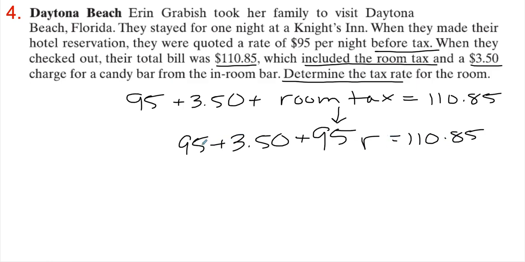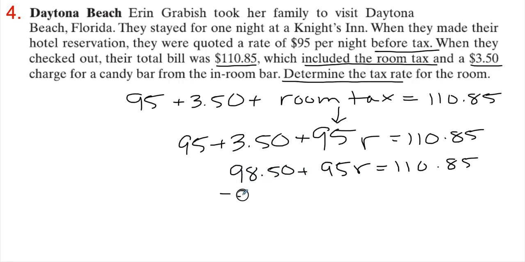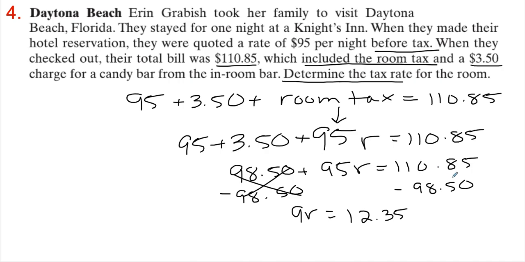So we got to put all this together. So we got 98.50, we can add those two together just because they're constants, plus 95R is equal to 110.85. So move the constants away, so now we're just doing some algebra here. Move that constant away, that 98.50, it's out of here. 95R is equal to 12.35, that's what we get when we subtract those, okay? And now we have 95 times R, we have to undo that by division. We got to do the opposite, the inverse. All right, and then we end up getting R is equal to